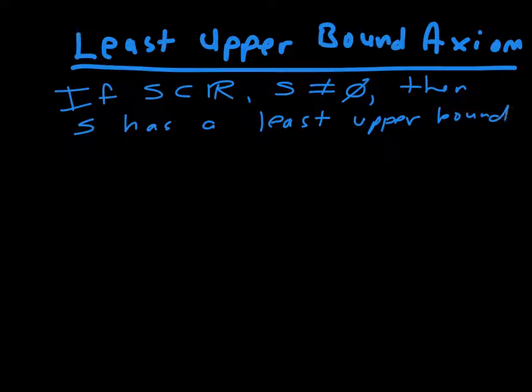I'm going to abbreviate least upper bound with LUB instead of writing that out every single time. Now this makes intuitive sense. Any non-empty set in the real numbers should have a least upper bound